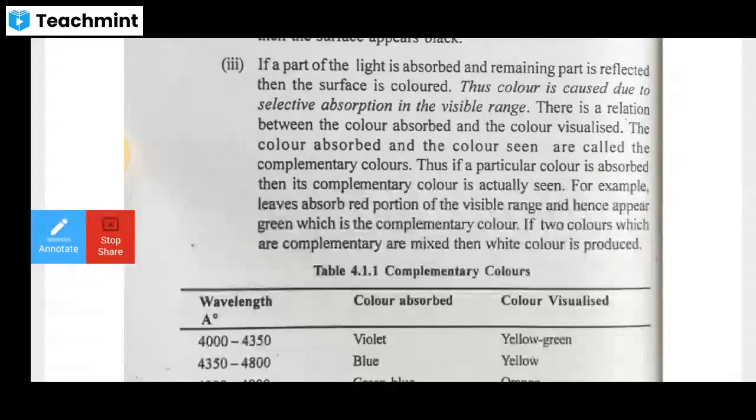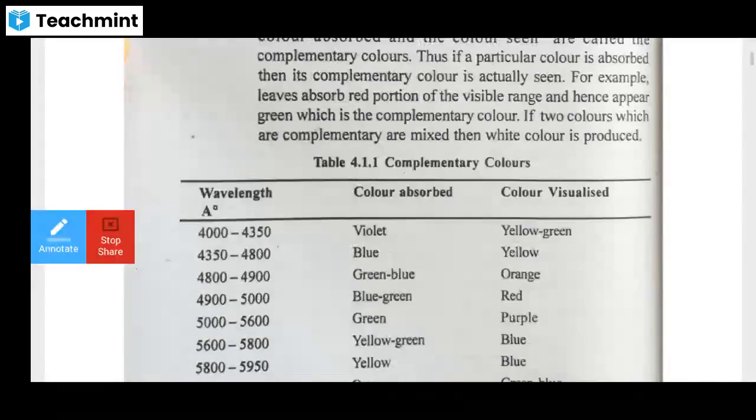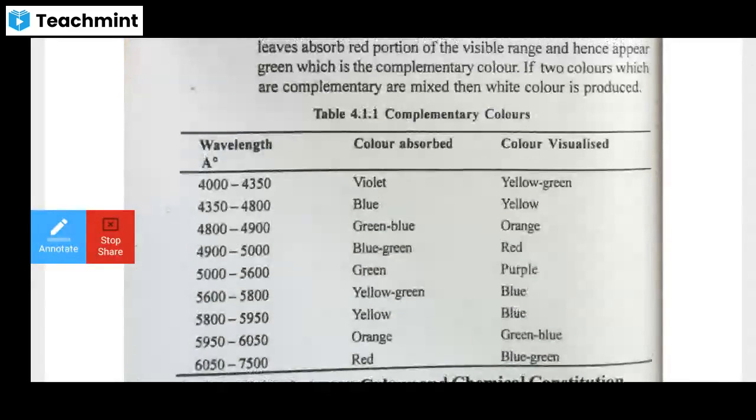कॉम्प्लीमेंट्री कलर्स बहुत ज्यादा इंपॉर्टेंट हैं, कौन सा कलर एब्जॉर्ब हुआ, उसका कॉम्प्लीमेंट्री कलर हमको दिखेगा। ओके, अब कैसे समझ में आएगा कॉम्प्लीमेंट्री कलर का, तो कॉम्प्लीमेंट्री कलर की यहाँ पे रेंज दी हुई है। वायलेट अगर एब्जॉर्ब हुआ तो हमको येलो ग्रीन दिखेगा। ओके, ब्लू एब्जॉर्ब हुआ तो येलो दिखेगा, ग्रीन ब्लू एब्जॉर्ब हुआ तो ऑरेंज दिखेगा,